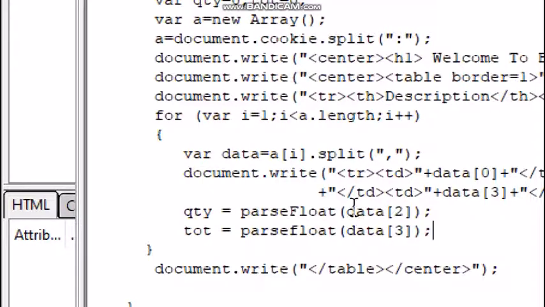Data 2 means quantity filled and data 3 means total amount filled. So using parse float function, we are converting the data into number.